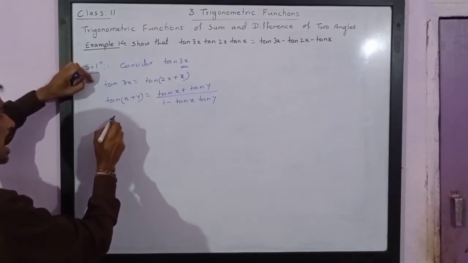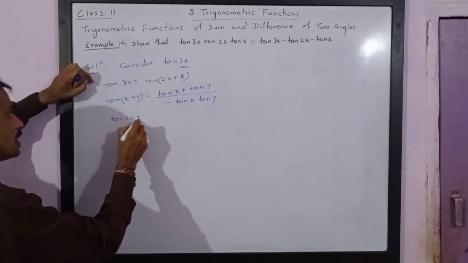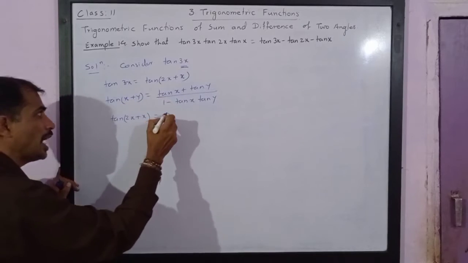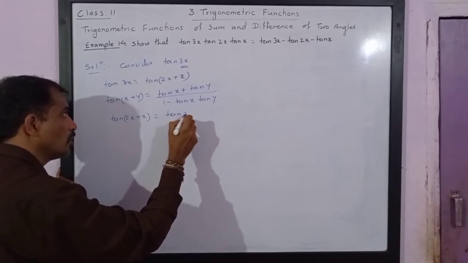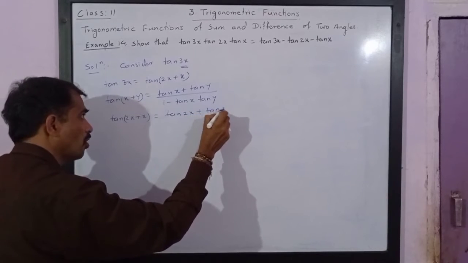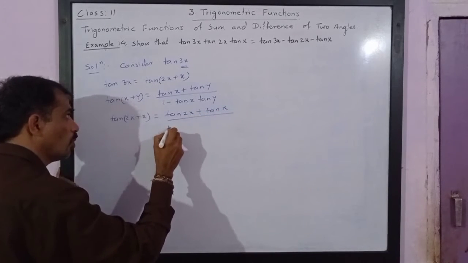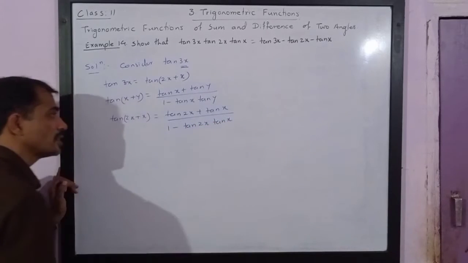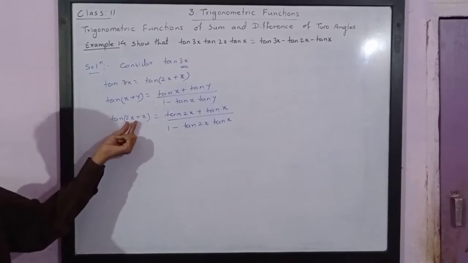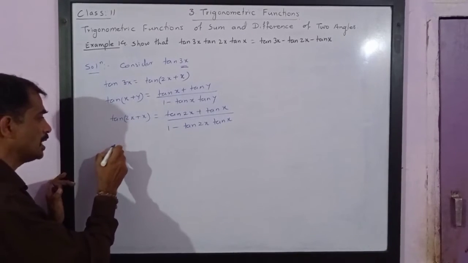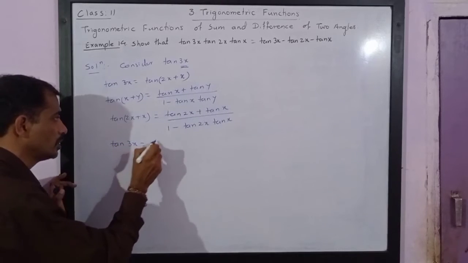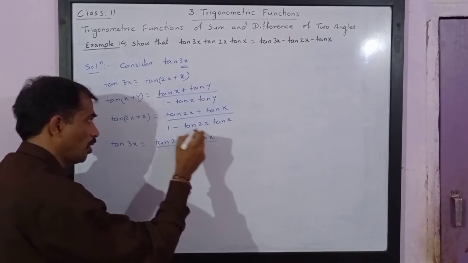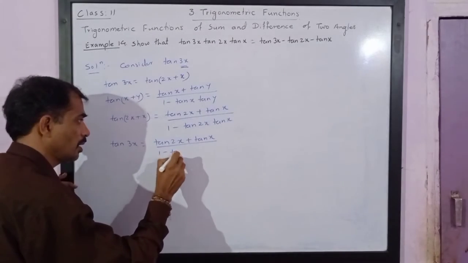So by using the above identity, tan of 2x plus x is equal to tan of 2x plus tan of x upon 1 minus tan of 2x into tan of x. And 2x plus x is 3x, so I can write this as tan 3x is equal to tan 2x plus tan x upon 1 minus tan